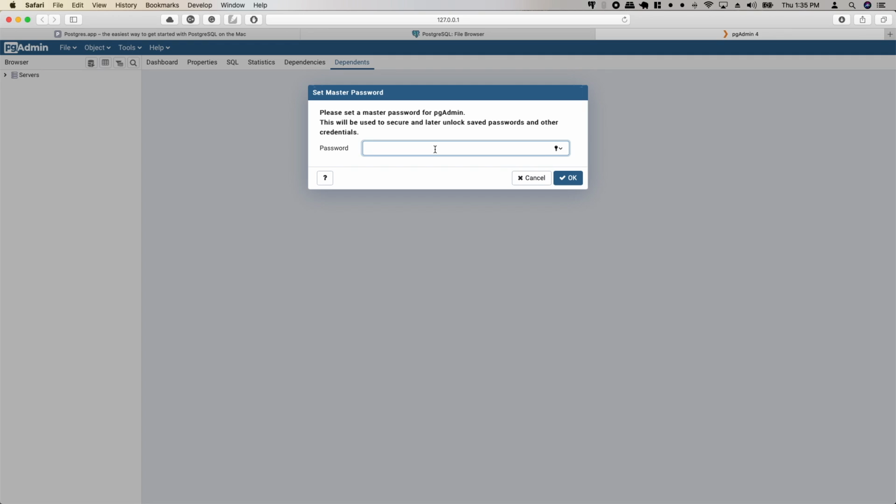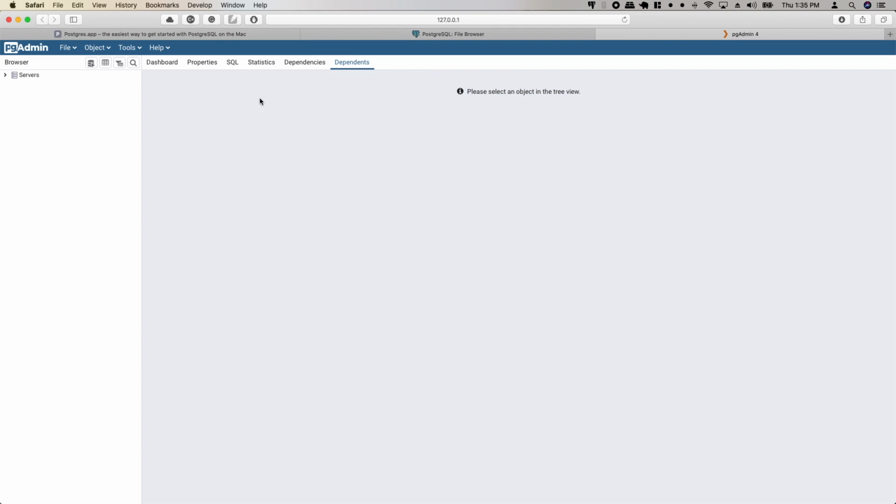As soon as pgAdmin starts, it will prompt you to set a master password to keep your data safe. After this, our pgAdmin will open.